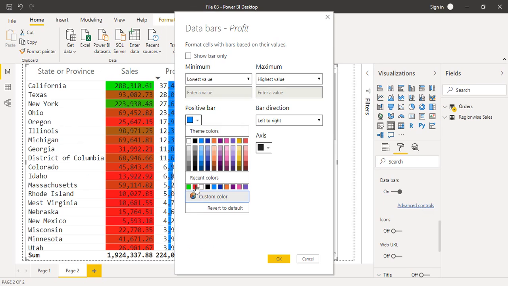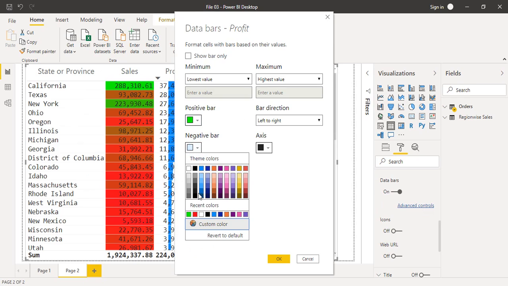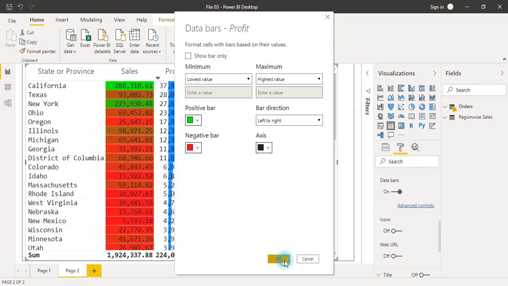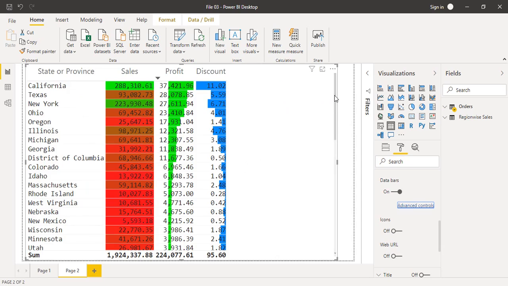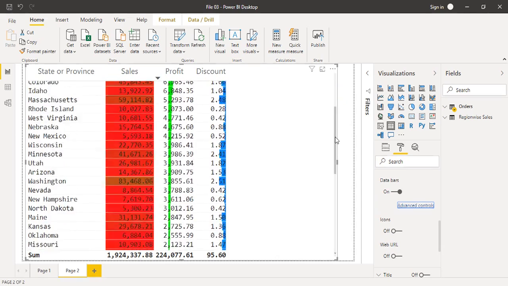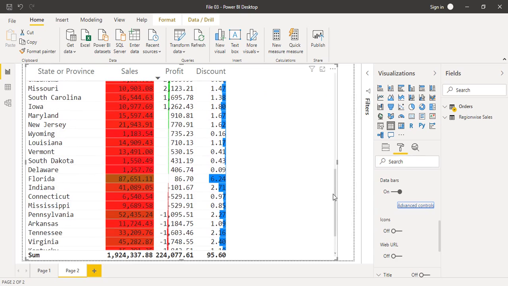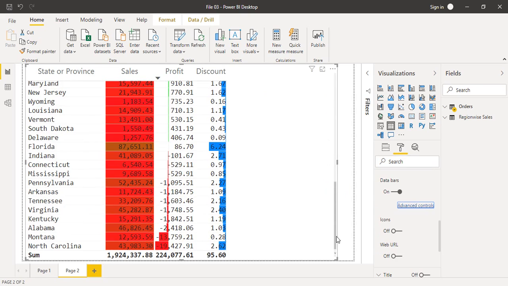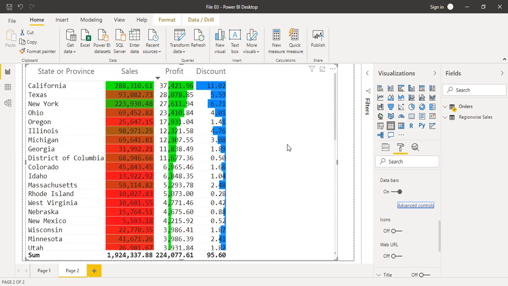We want positive bars with say green color and negative bars with red color, and we can click on OK. Then what happens is all the positive values in profit are there with green, and the negative values are with red, which means that's a loss instead of a profit if the color is red.